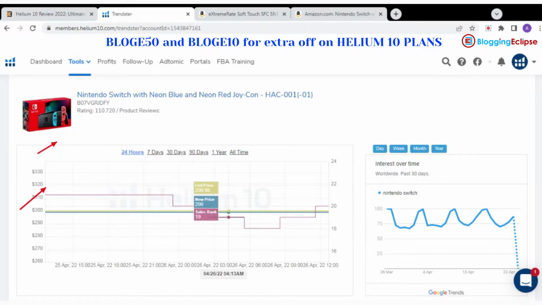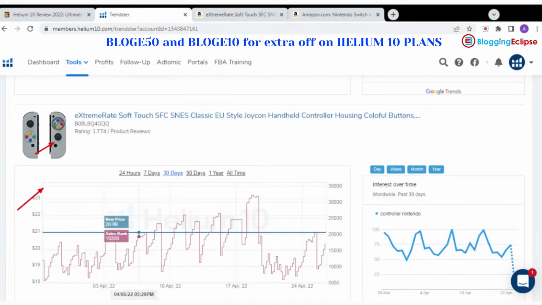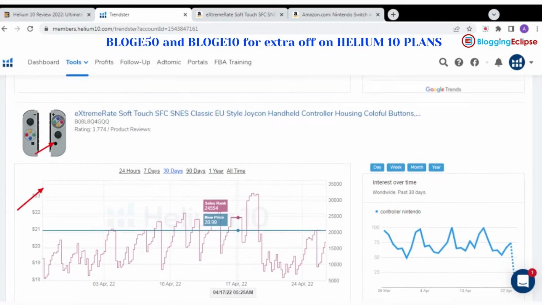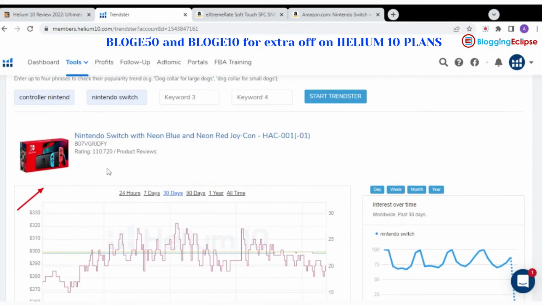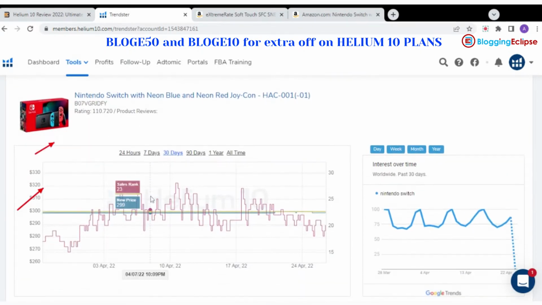Here you can see there were trends, the sales rank was decreasing, 19, 20. You can also check 7 days and even all time, but it's not needed at this moment. This is what Trendster helps you with: finding how exactly the trends are working on Amazon using Helium 10.